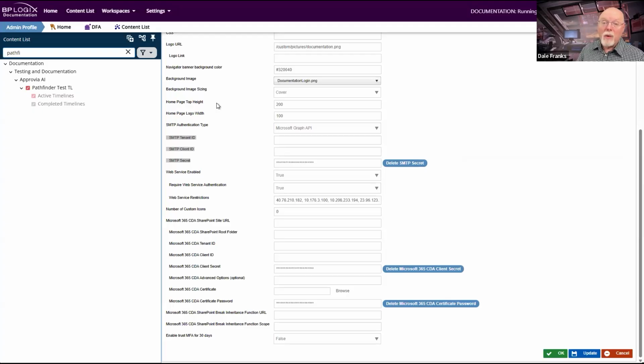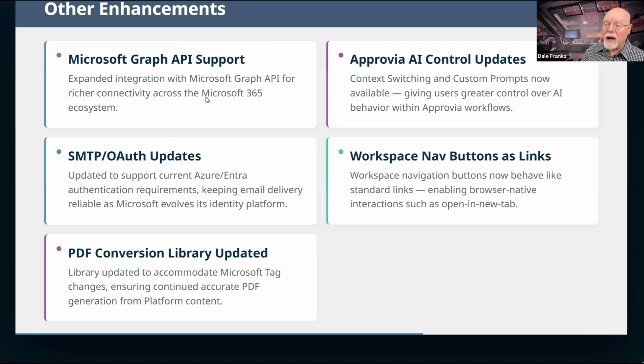So we have both sides, the sending and the receiving side, covered for you in terms of the Microsoft Graph API.